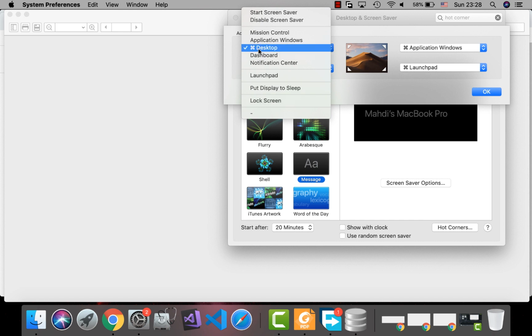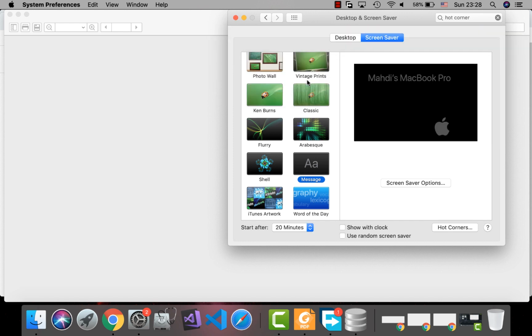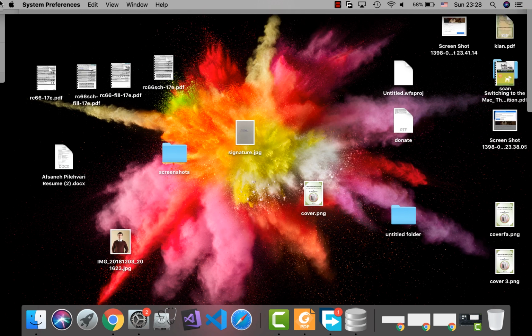Okay, for desktop, my shortcut is Command, and I'm moving my cursor to this corner, to the upper left. So let's see that in action. Okay, see,